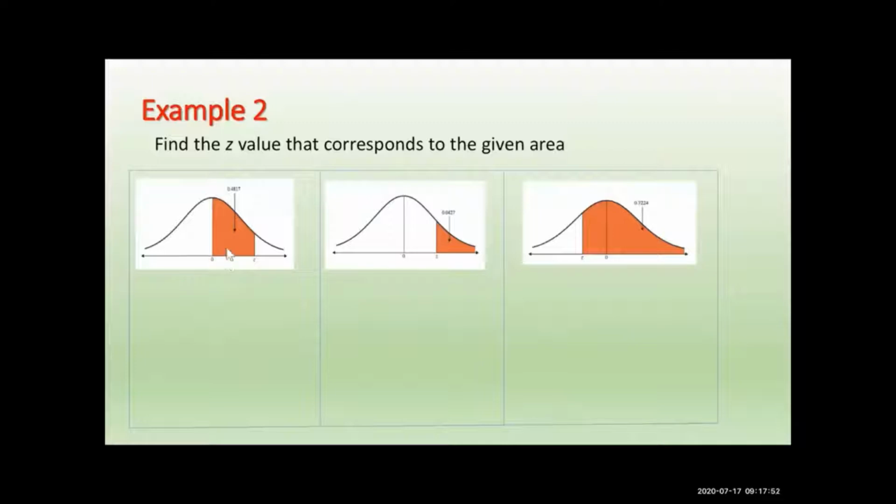So in order to find the z-score, the score along the x-axis, it can be a z-score for standard normal distribution. Otherwise, it will be the x value, the continuous normal variable, if it is a normal distribution. In order to find the x value or z value in your calculator,